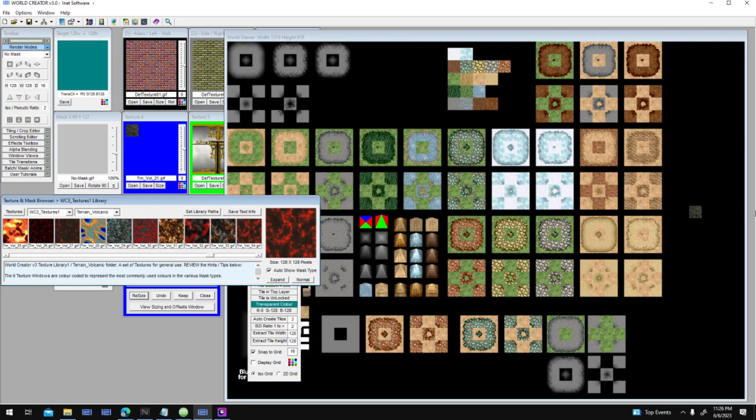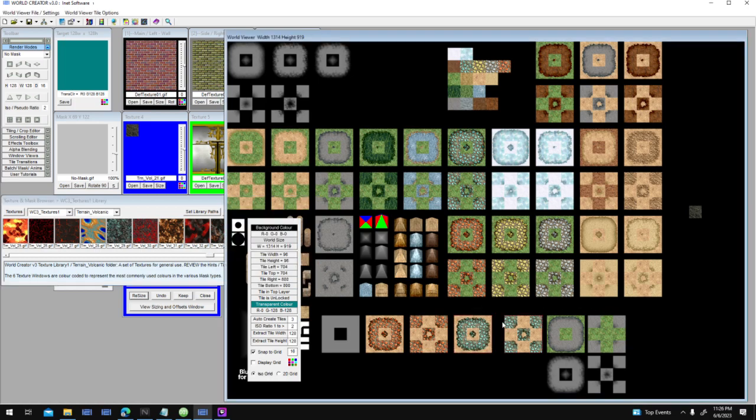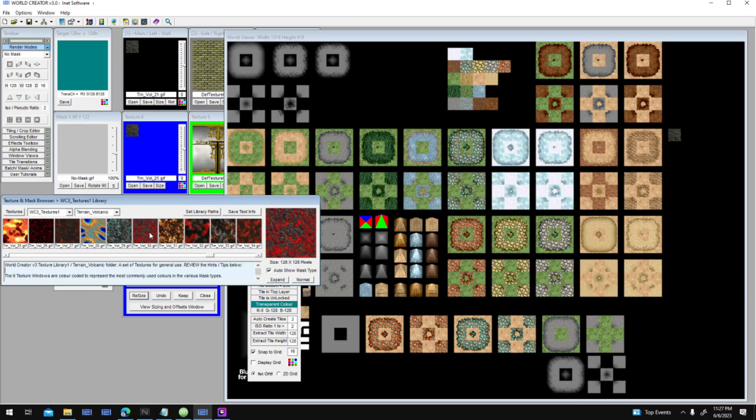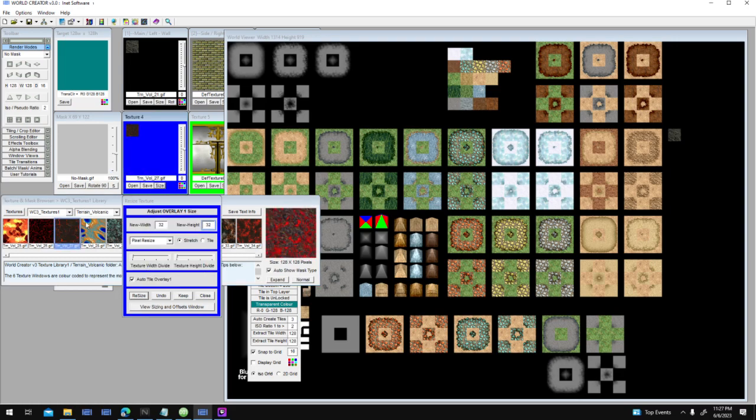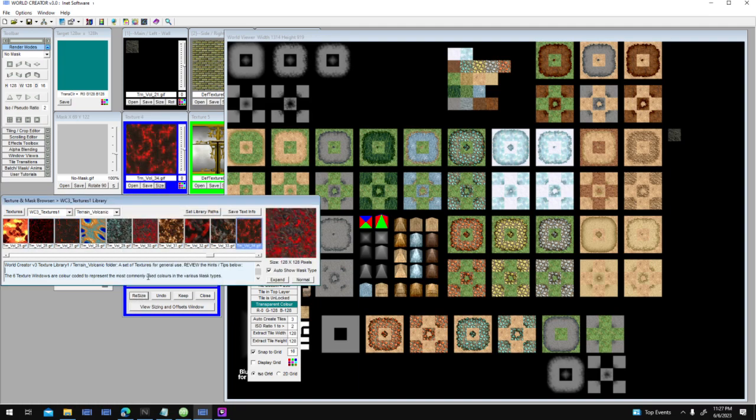I haven't quite decided what exactly to work on in my space game, so I'm probably going to fiddle around with some tile stuff. I would like to make some tiles for my lava planets, magma planets, volcanic planets, so I'm just looking through some of my volcanic textures. I've got some simple ones that I can use, just testing different sizes and different textures rather than building